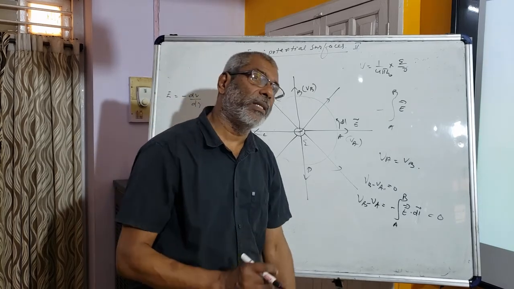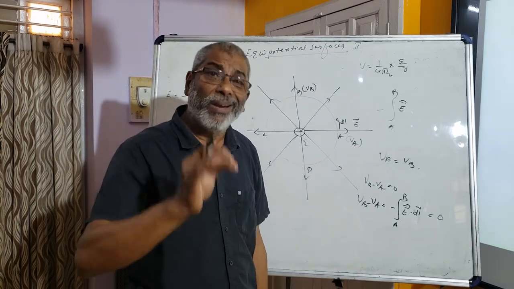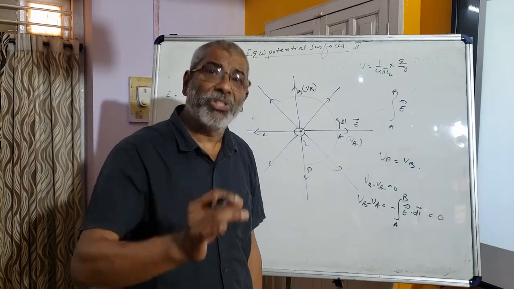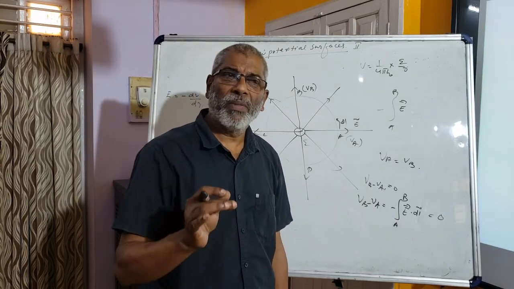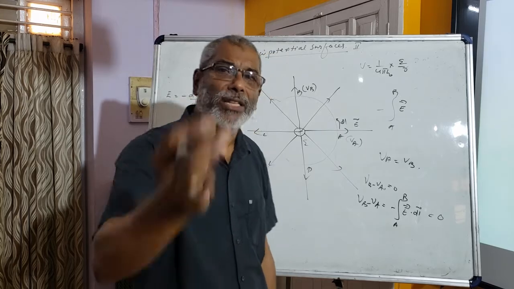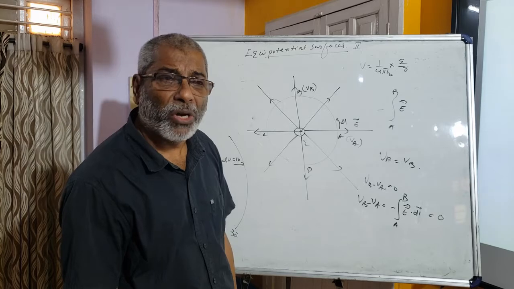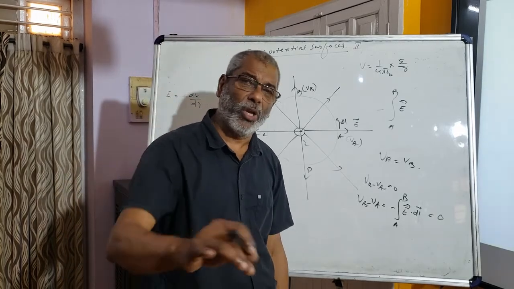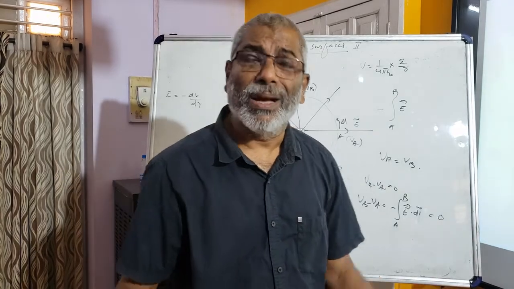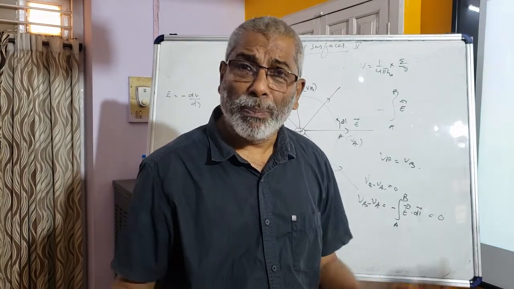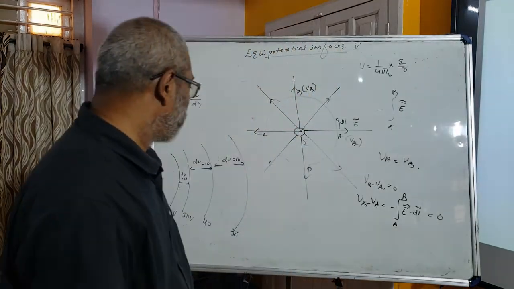So what we say is that for an equipotential surface, the electric field intensity direction is the same as the field line direction. So the field line is always perpendicular to the surface of the equipotential surface. So what I say is the electric field lines are always perpendicular to the equipotential surface. That we already explained yesterday.